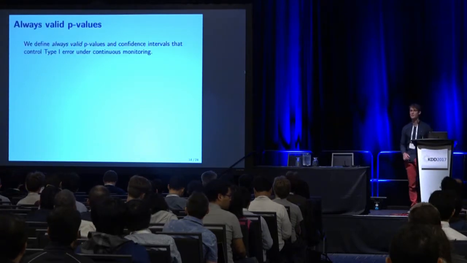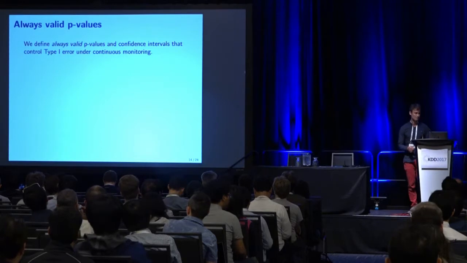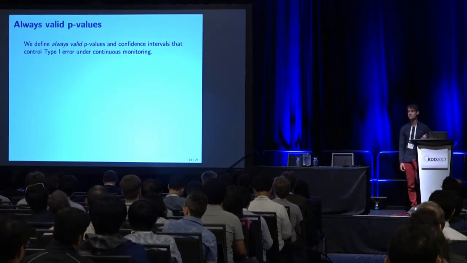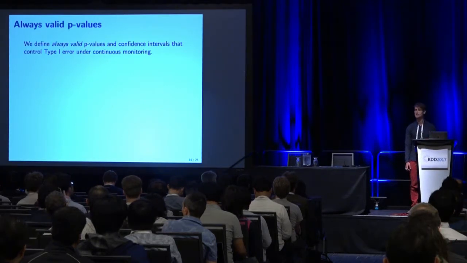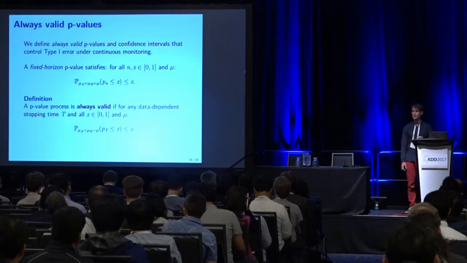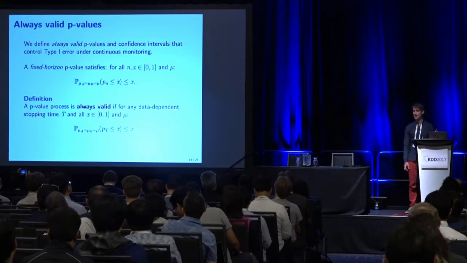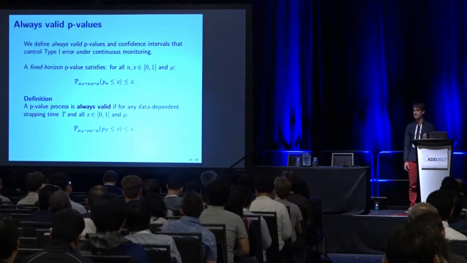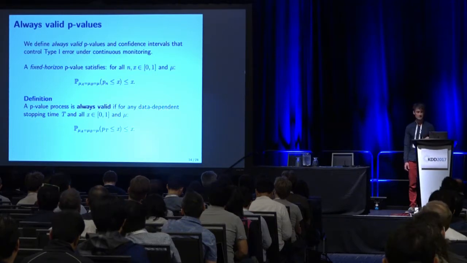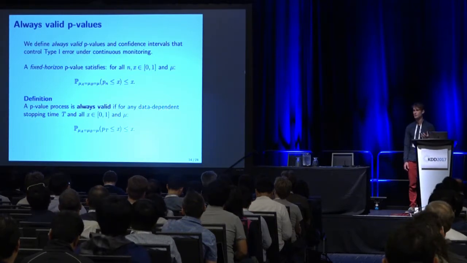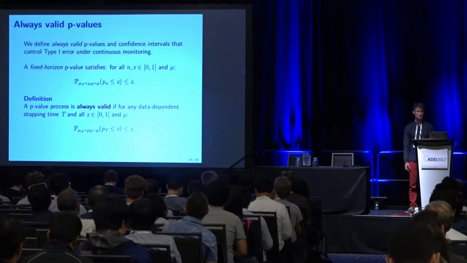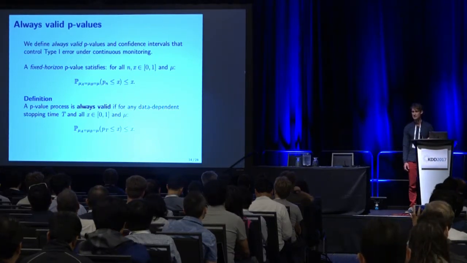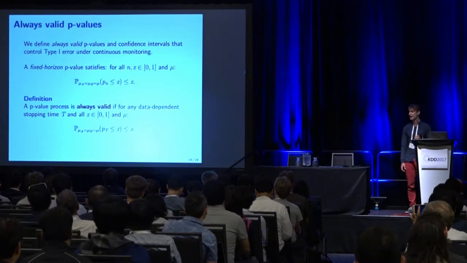The first step is controlling type 1 error. We define new p-values, which we call always valid p-values. These are precisely the p-values which let users continuously monitor. So what is an original, or fixed horizon, p-value? It says the probability that the p-value falls below any threshold x should be at most x. In other words, if I look to see if the p-value falls below x and declare significance if it does, that should have type 1 error rate only x